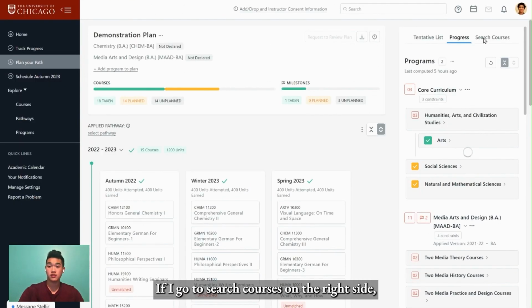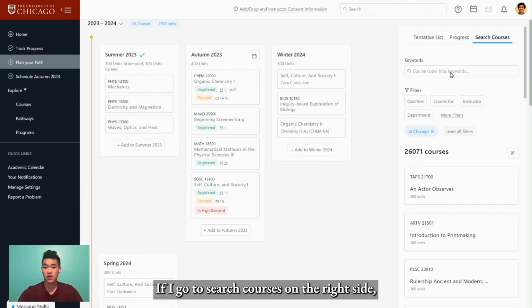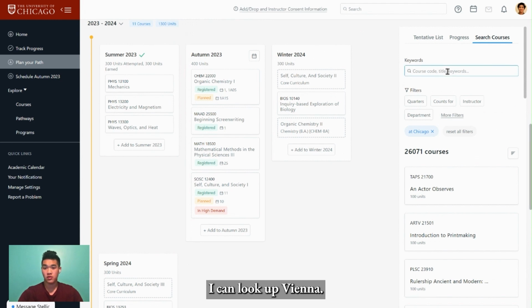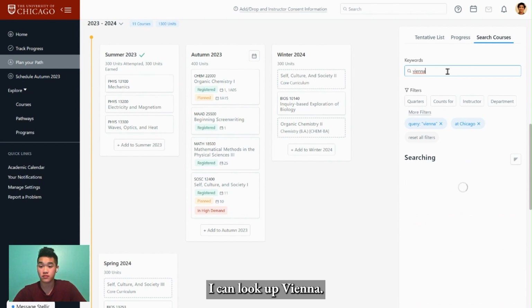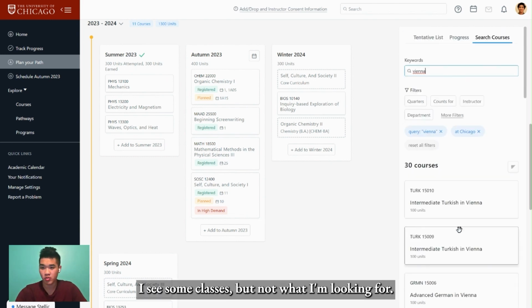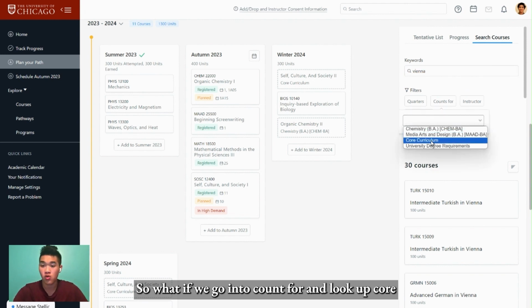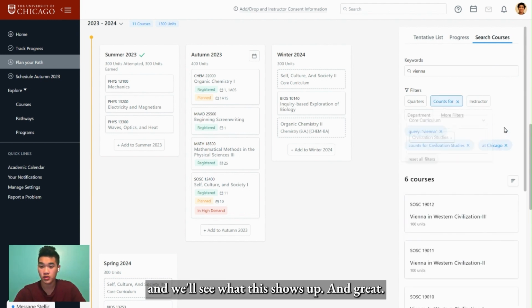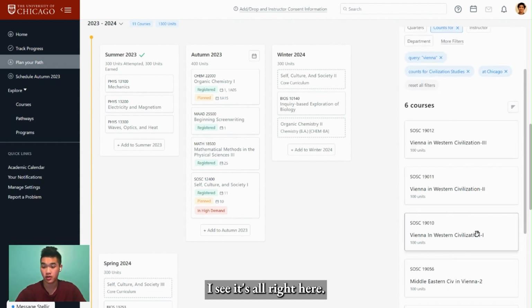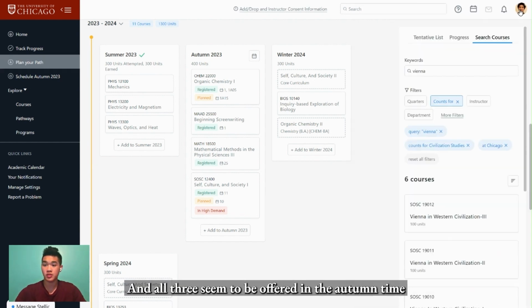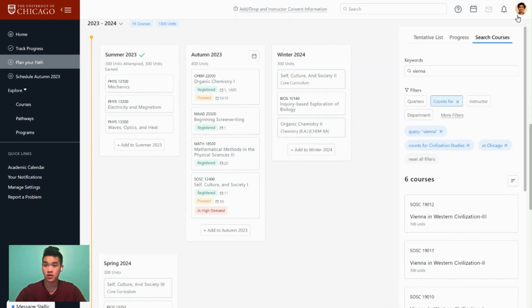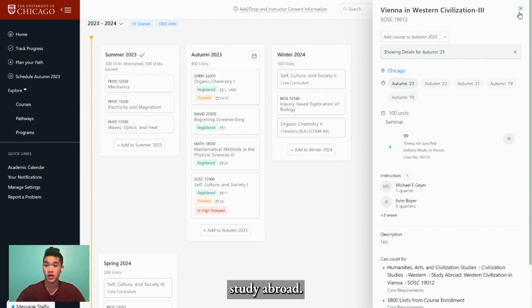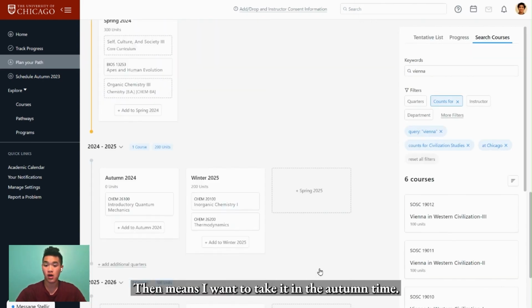If I go to search courses on the right side, I can look up Vienna. I see some classes, but not what I'm looking for. So what if we go into counts for and look up core and then look up Civ, and we'll see what this shows up. And great, I see it's all right here. And all 3 seem to be offered in the autumn time because they're all actually one grouping because it's a study abroad. So great, that means I want to take it in the autumn time,